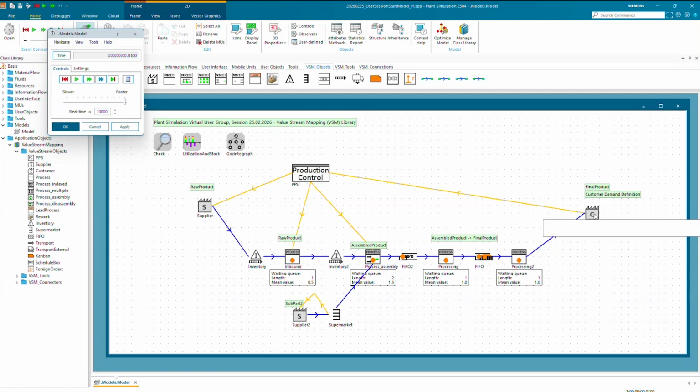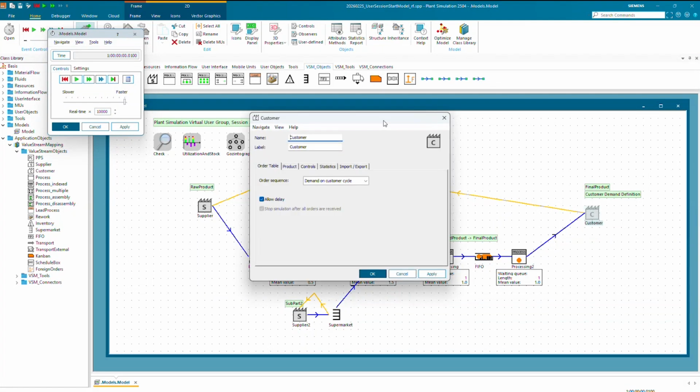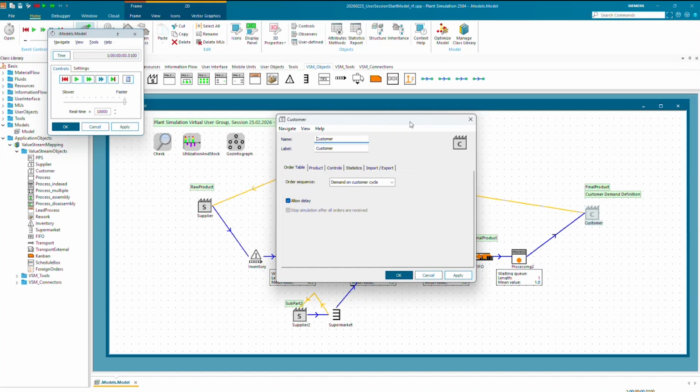The issue is that a customer itself is locked, but that could be a mechanic we could add in the future, to say, okay, per method you can add some orders there. In general, Plant Simulation is able to handle this interface data. Typically, it's more the question of data aggregation, to have this match one-to-one with the value stream objects.